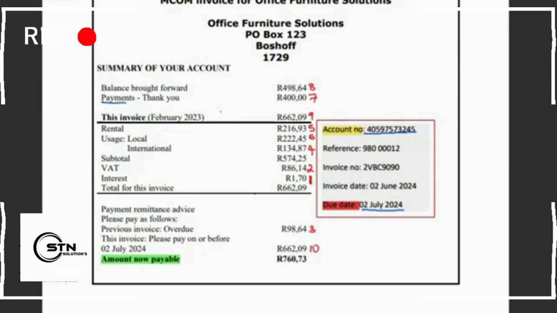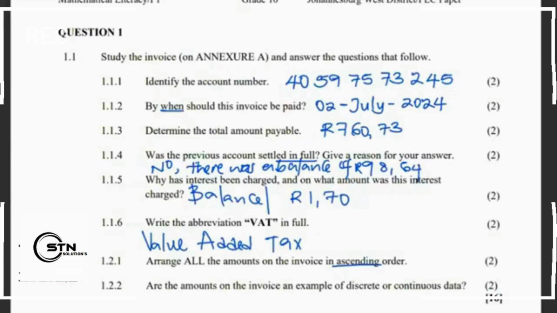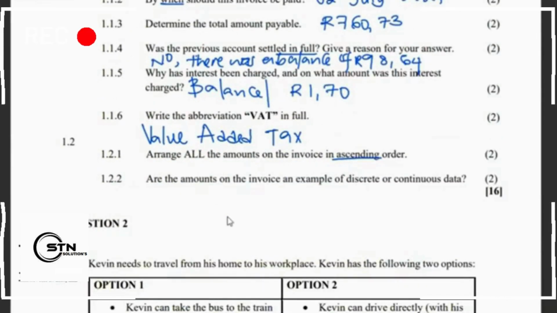I'm looking at all values, definitely ending with this. So I'm going to write them in that order. I'll start with 1 rand 70 cents and I'll end with 760 rand 73 cents. All right, let me go to my answer sheet now where I'm answering in ascending order. I'll start with, followed by 86, followed by 98,64, followed by